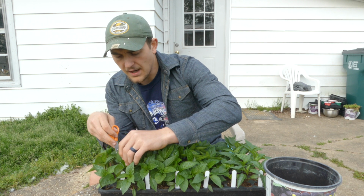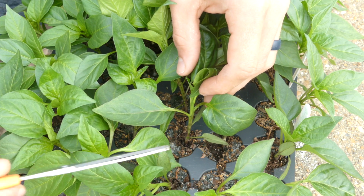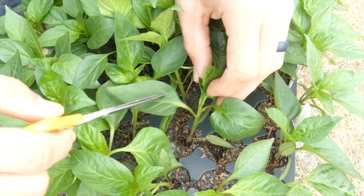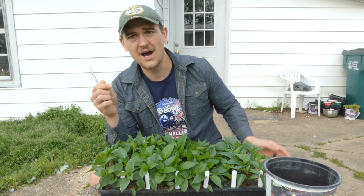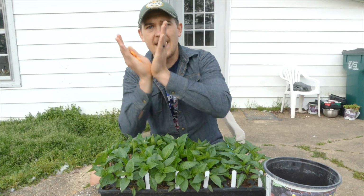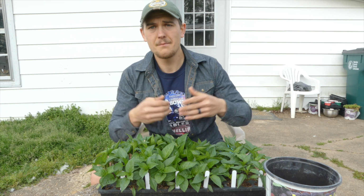On top of those cotyledon leaves, we have our first 2 true leaves. That is where we are going to cut, because those 2 leaves are going to photosynthesize, and right there in the wedge between the stem and that leaf, that is where we're going to see new growth happen. Hopefully we're going to have 2 new growths, which is going to fork that plant out and make it bushier,